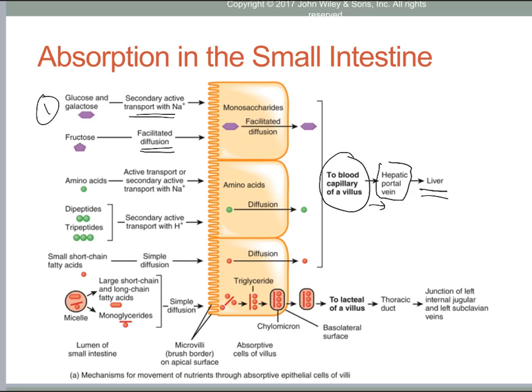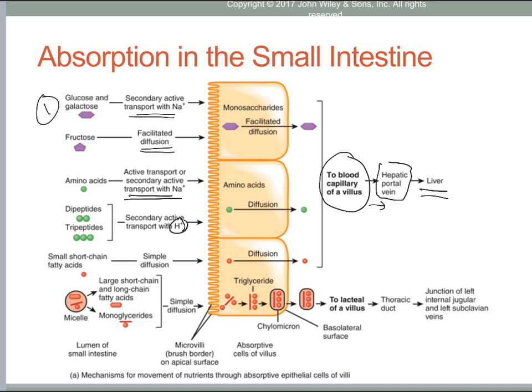Amino acids, dipeptides, and tripeptides. For amino acids, we're using active transport or secondary active transport with sodium. We're using secondary active transport with hydrogen for our dipeptides and tripeptides. So we take these amino acids and diffuse them into the blood capillary, to the hepatic portal vein, to the liver. All our small short-chain fatty acids are going to go via simple diffusion